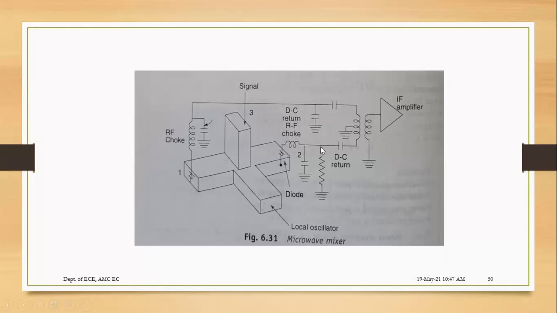You know that because of the Magic T property, if you apply at 3 and 4 together, for equal power at your isolated ports 3 and 4, you know, P3, P4 values, you can apply it. And if your port 1 is matched, you know that A1 is equal to 0.